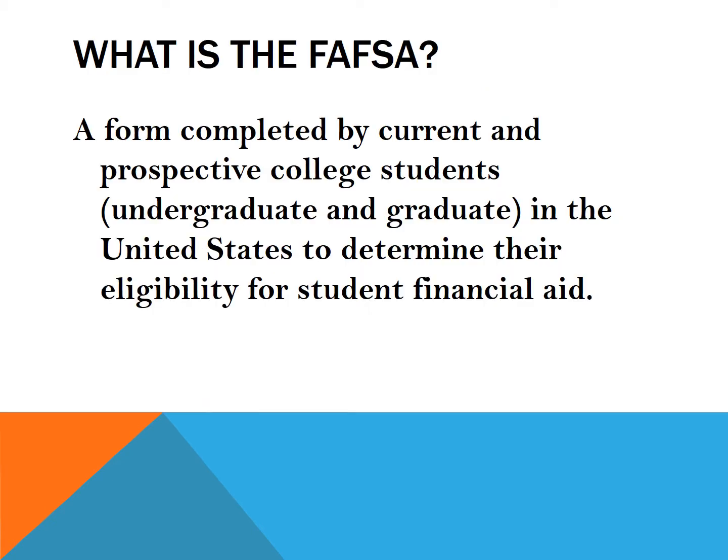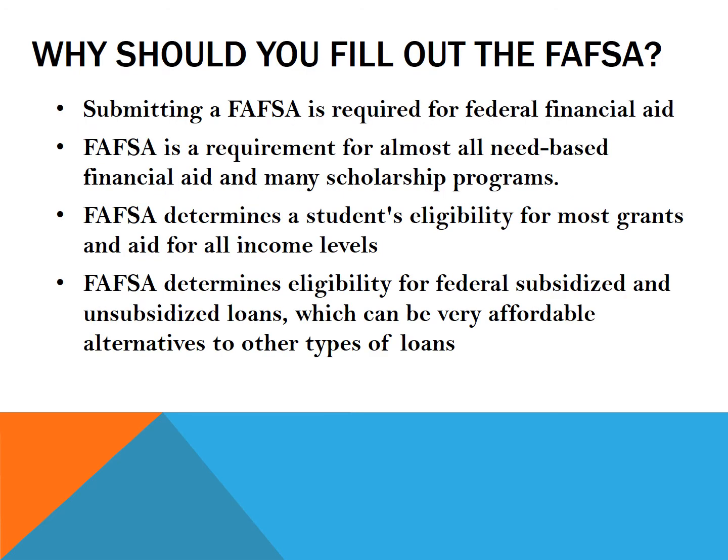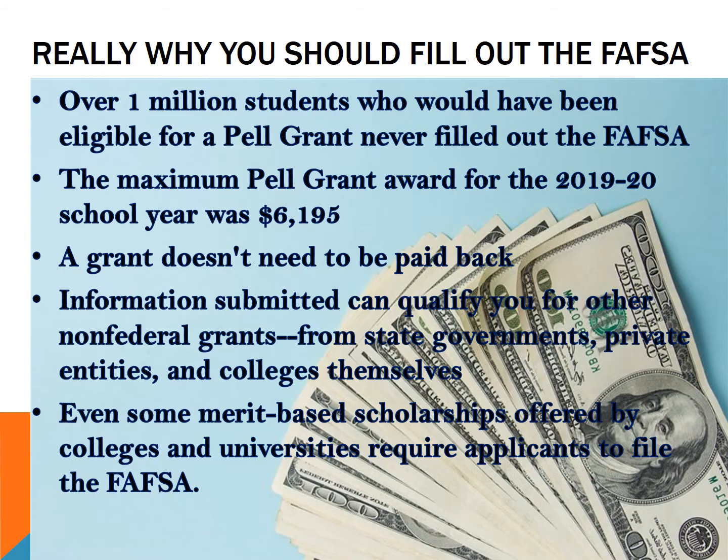As you may or may not know, the FAFSA is used by colleges and the government to determine eligibility for funding. Why fill it out? Because it's required. Really, it is required by nearly all funding sources. So you want to take the time and get it done. Plus, why walk away from free money? Grants don't have to be paid back, so it's literally cash in your pocket that you don't have to worry